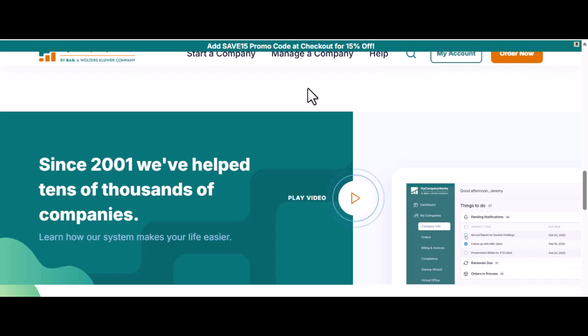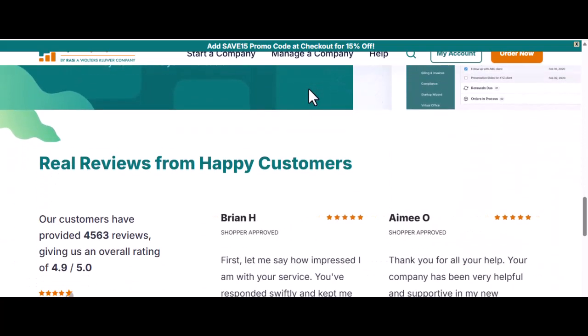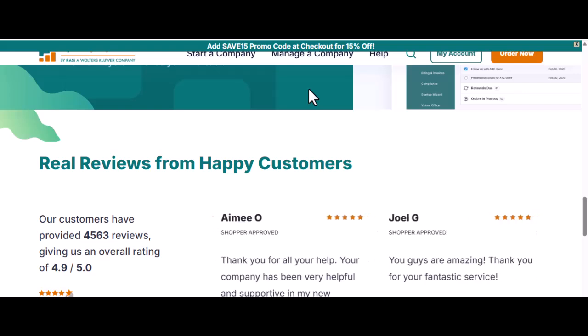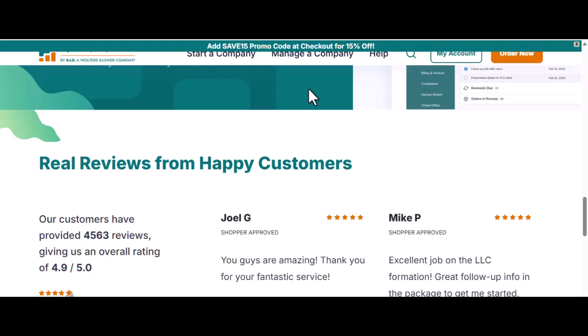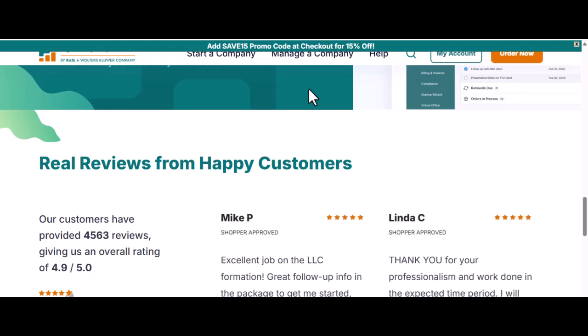Once all this information is compiled, MyCompanyWorks will prepare, review, and file all the necessary paperwork with the state on your behalf, providing you with a tracking service until your official documents are delivered. Using MyCompanyWorks for your multi-member LLC formation cuts through